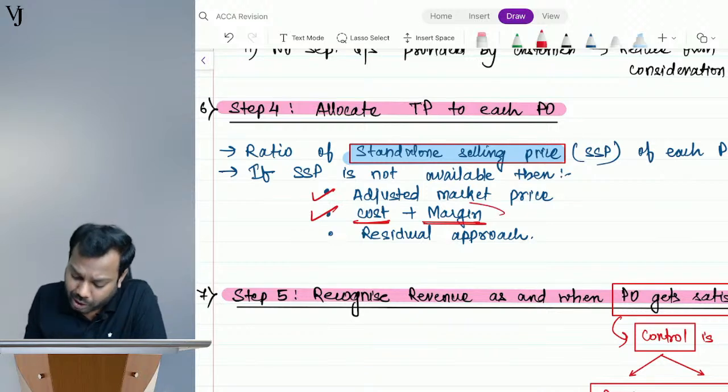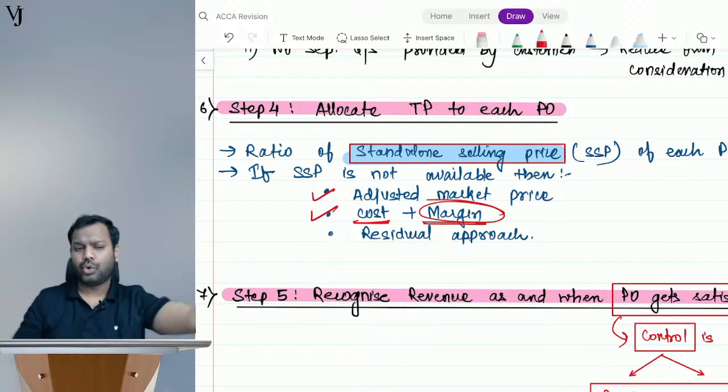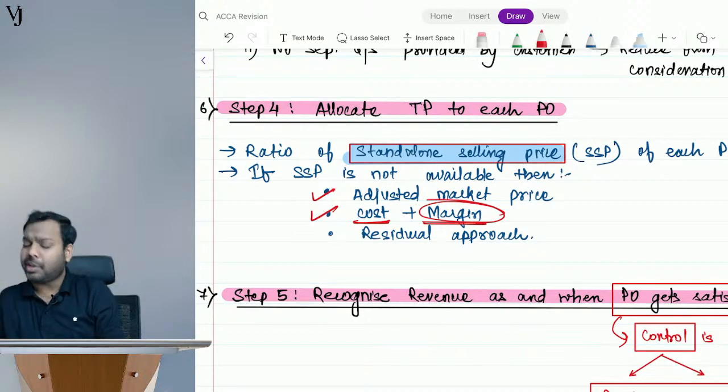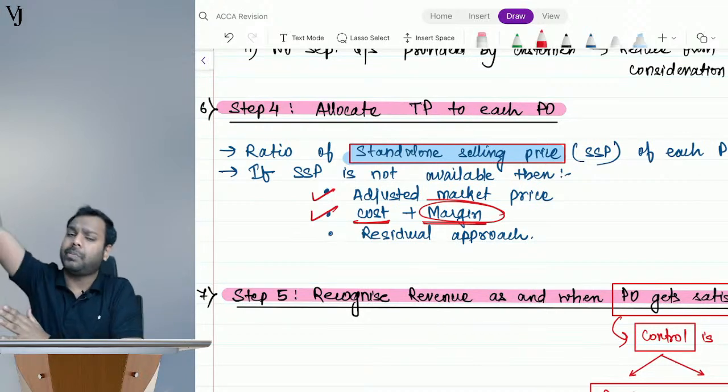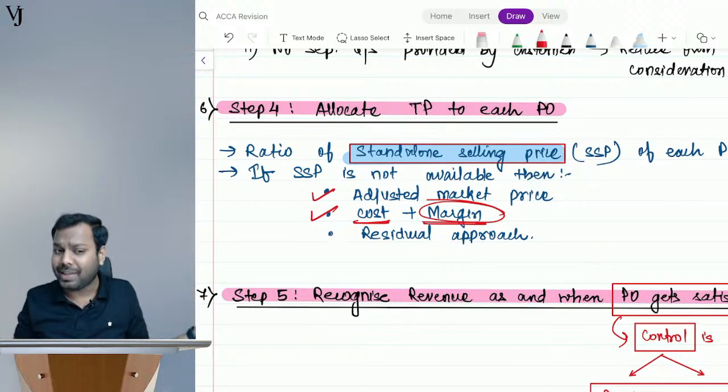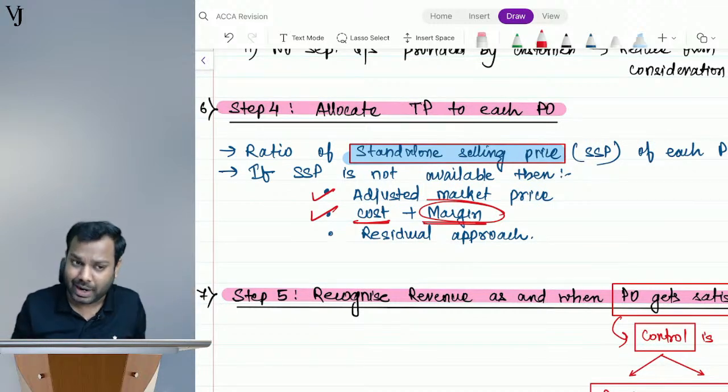Let's suppose the margin is very wide. To some customers I charge 10% margin, to another set of customers I charge, let's suppose, 20% margin, and to some customers I charge 70% margin. So basically the margin differs from customer to customer, and that too over a very wide range. This generally happens in IT industries, right?